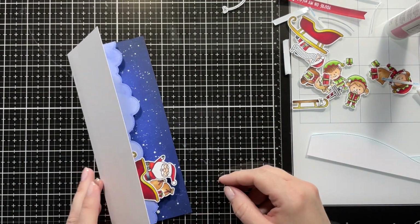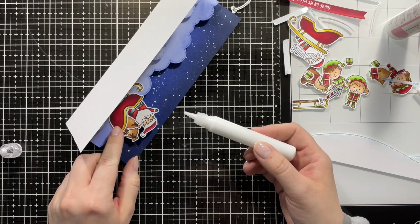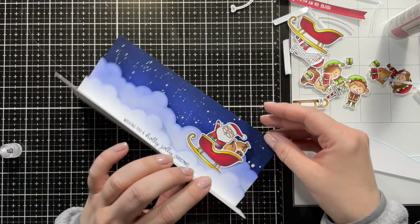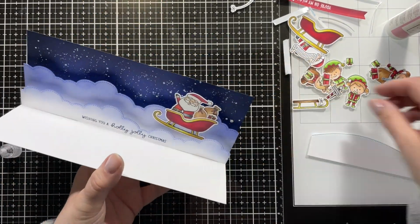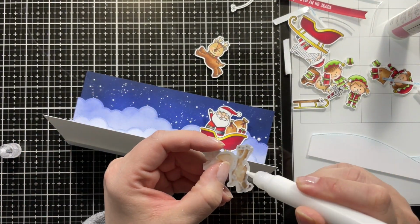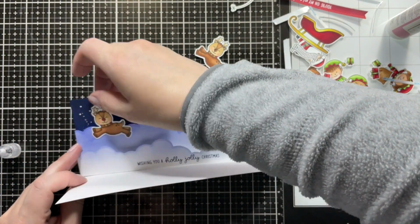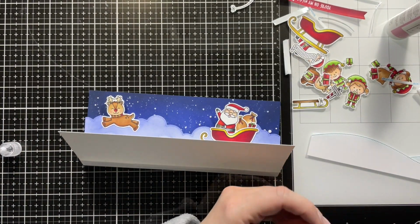Then I was checking the placement because I needed to be sure that the Santa wasn't peeking out of my card once it was closed. Because those clouds do shift up a bit. And also adding my reindeer, and off camera I'm also adding a little bit of a red and white twine just to connect the reindeer to the Santa sleigh,